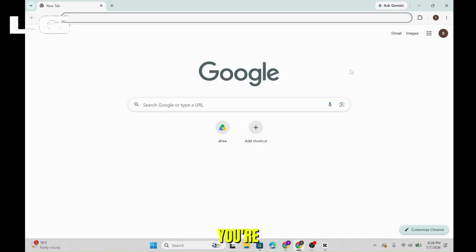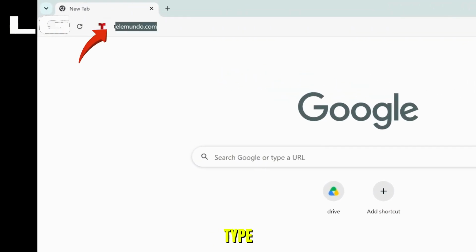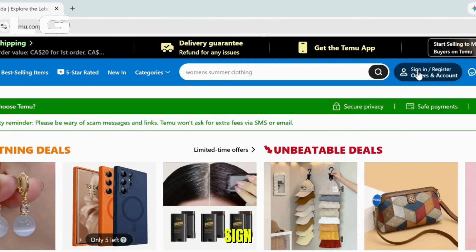Firstly, what you need to do is open any of the web browsers that you prefer. In the top there's this address bar, type down temu.com and enter it. And once you get into this interface, what you need to do is select the sign in or register in